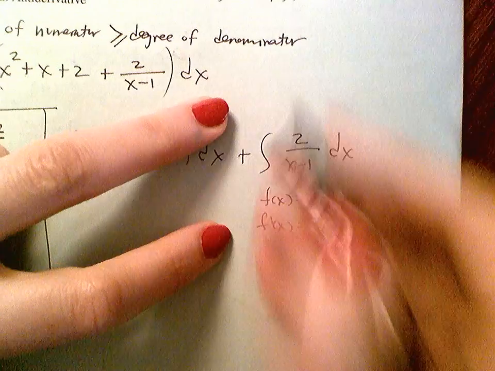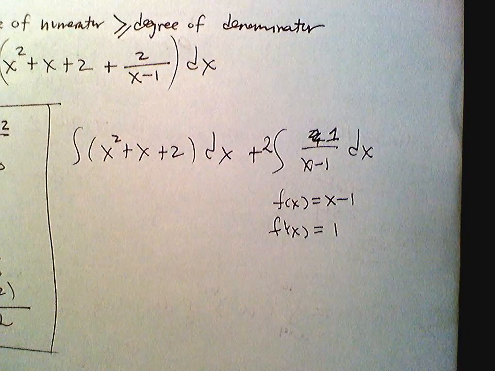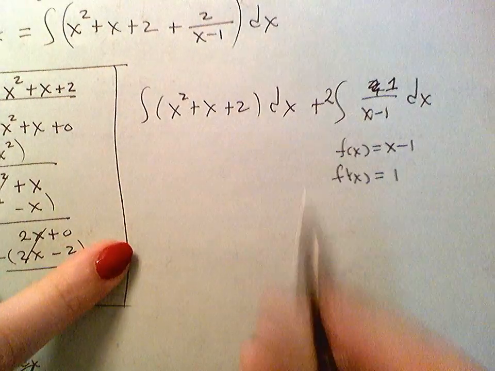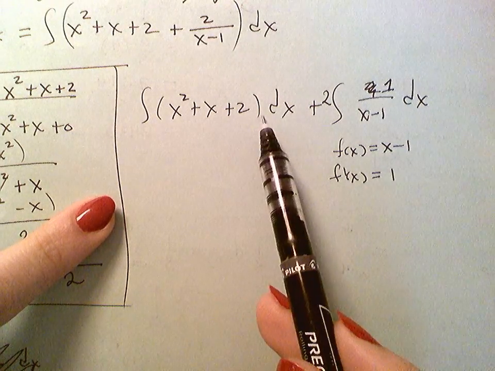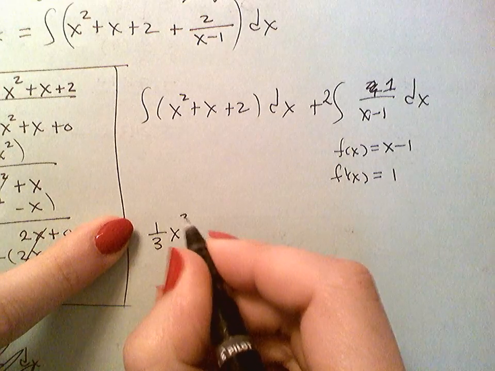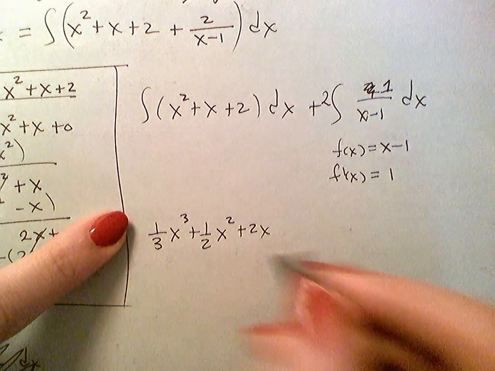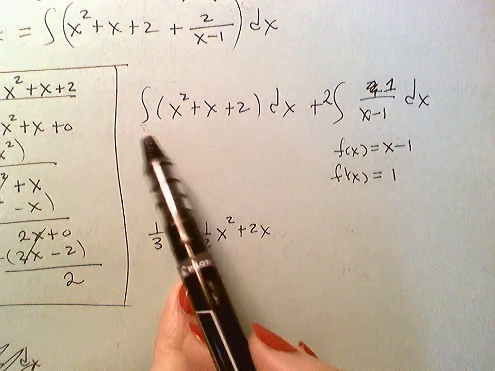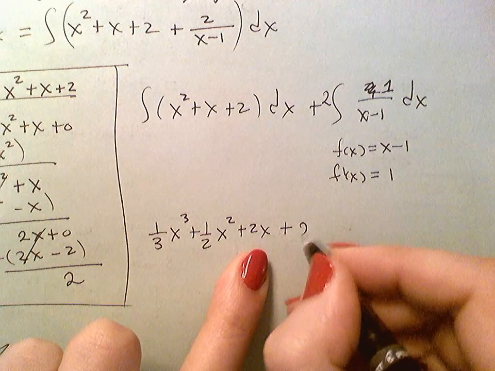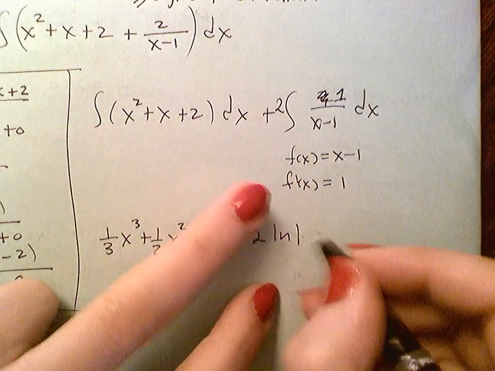Well, guys, this is easy. I could just move the 2 out front with the constant multiple rule, and then I would have a 1 up there. So now I'm finding the antiderivative of everything. So this here, I'll just use power rule. So it's going to be 1/3 x to the third plus 1/2 x squared plus 2x. Okay, so that's the antiderivative of this first part, plus bring down that constant multiple 2, natural log of the